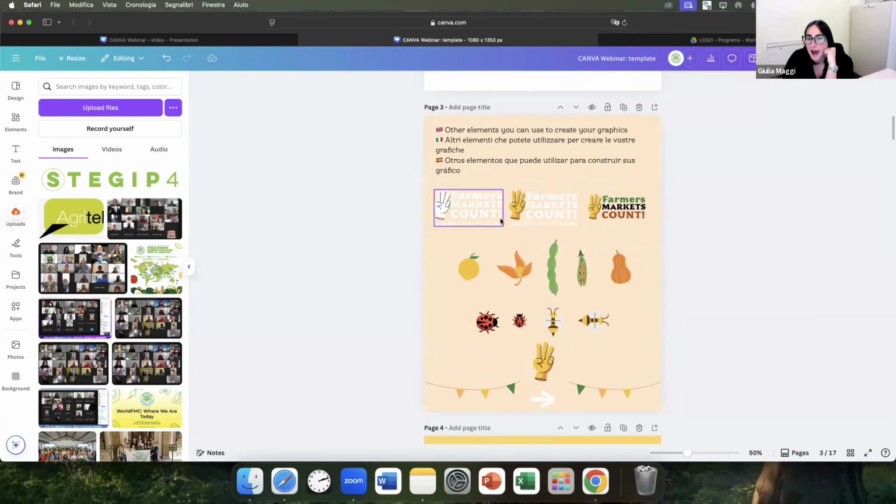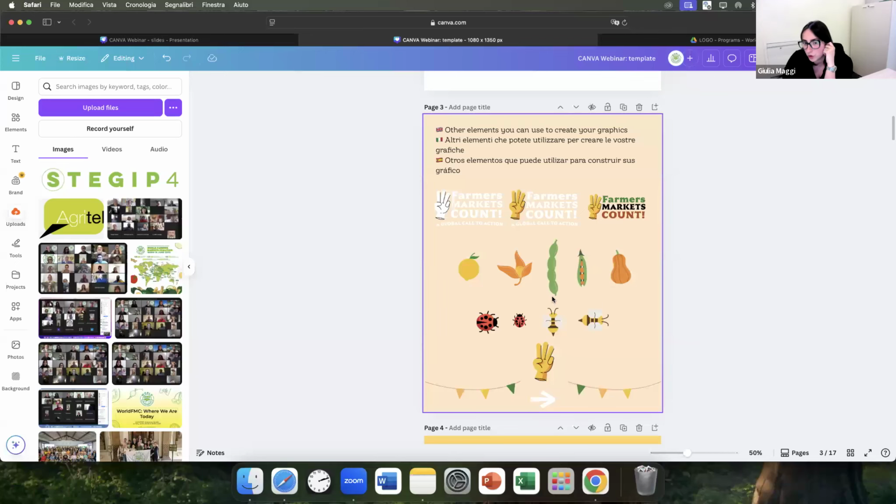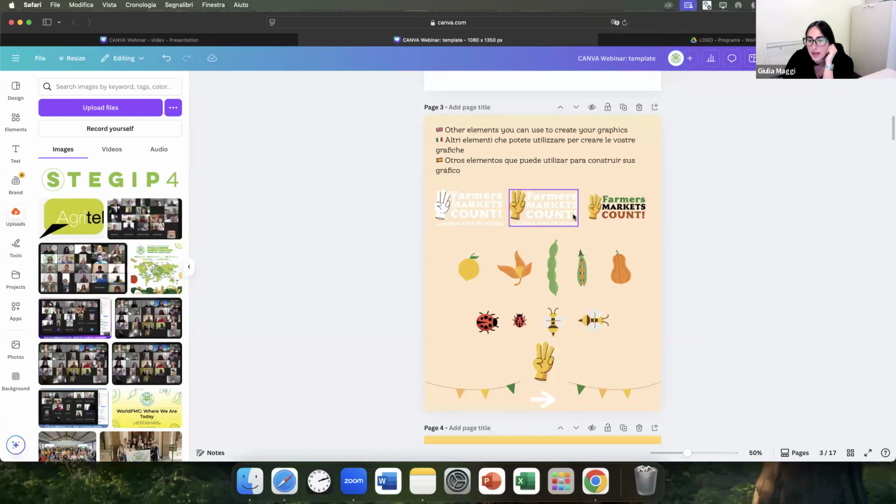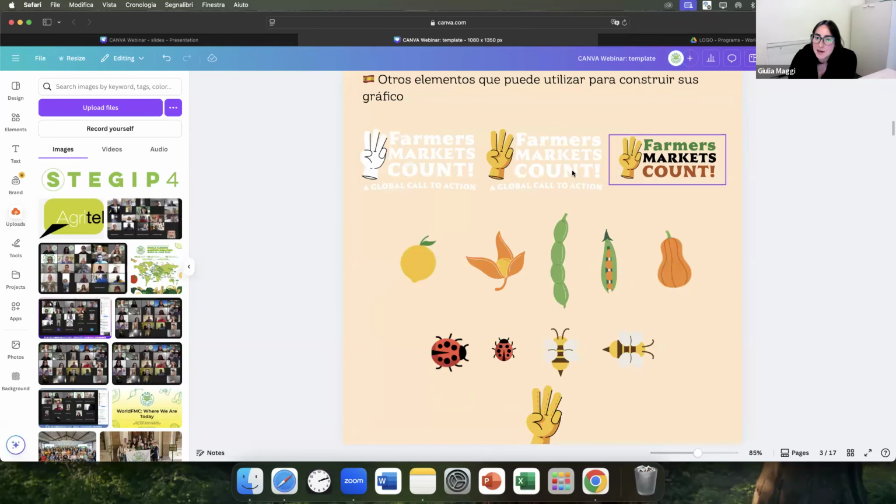On this page, you will find other elements that you can use to create the graphic. For example, we have 3 versions of the logo. This one here is the one that we use as the original logo. But then we have 2 other versions in white. For example, if we want to use a green background, we cannot use this logo as the word Farmers here is in green. So we will go for the white one, and you can choose to have the hands in white